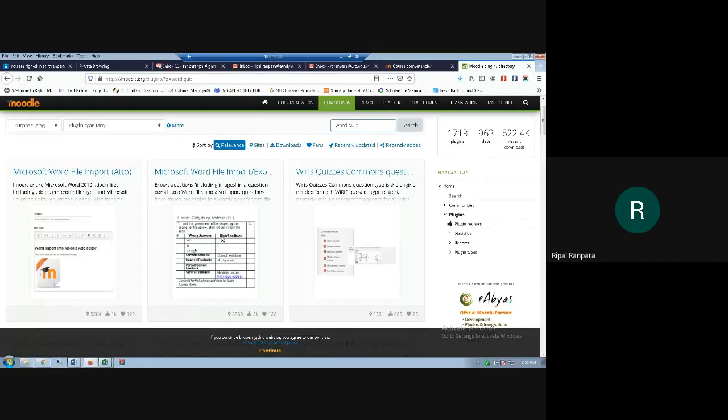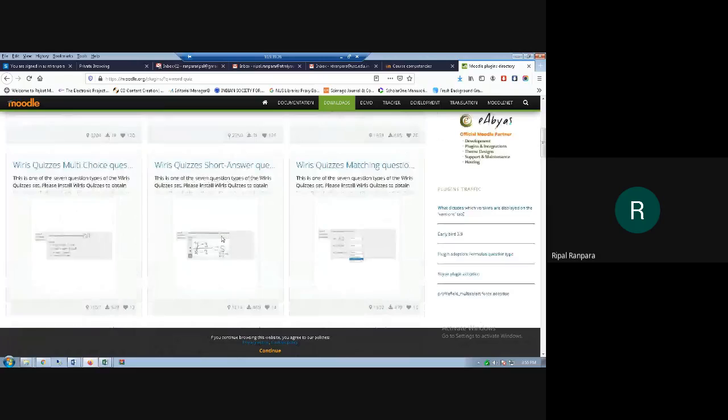So this is the best feature. If you don't want to create a quiz via Moodle's wizard, you can upload a Word file for that. But there is a particular format for that. There's a specific format to upload that file, the question and the four answers. That way you can upload.